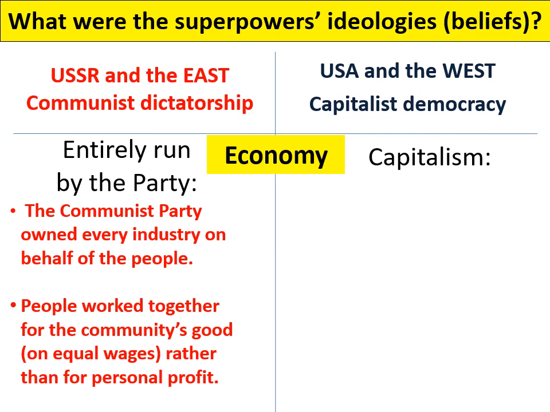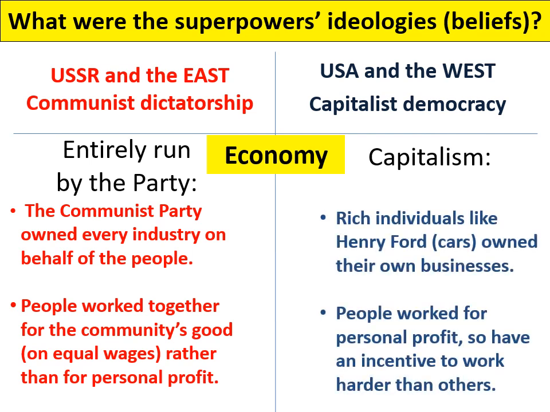In the short run, after World War II, having the government control everything was fantastic because it meant that they could make sure there's a large supply of jobs, there's a large supply of labour, so things could get rebuilt relatively quickly. But by the 1970s, 1980s and 1990s, the Soviets realised that their economy was not set up to encourage people to try hard. Because if you're going to get paid pretty much the same as anyone else, why bother working harder than anyone else? In comparison, in a capitalist society, rich individuals can own their own businesses.